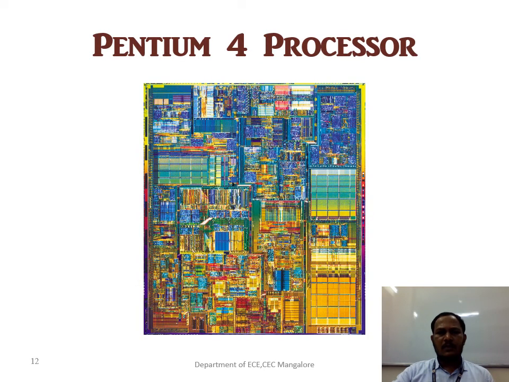This is the structure of the Intel Pentium 4 processor. It is around a square centimeter in size, and you can see huge circuits inside. You'll get RAM, ROM, then the processor, different registers, then some standard IOs. All these things are integrated inside this processor. You can see the complexity here.